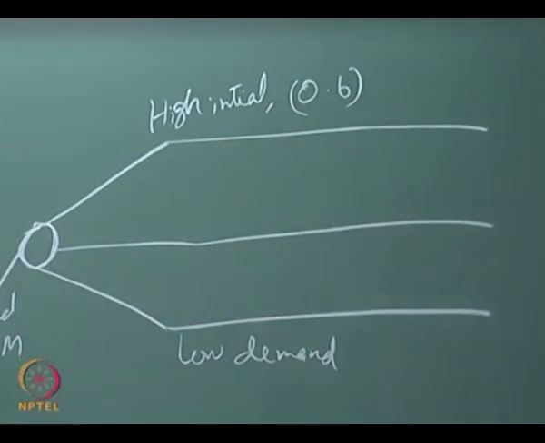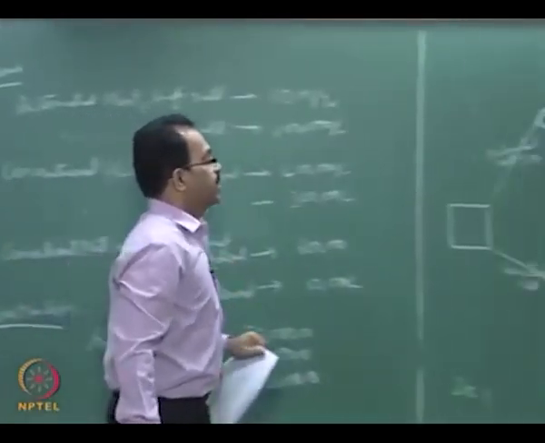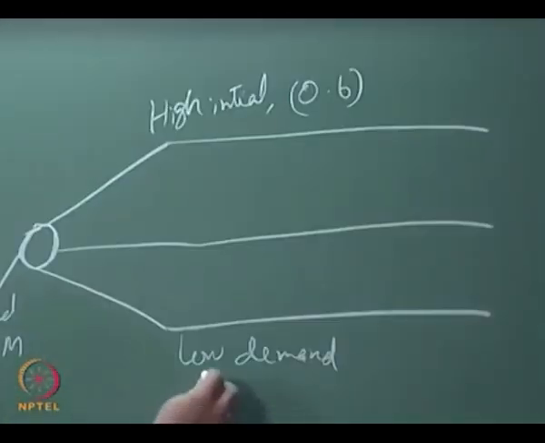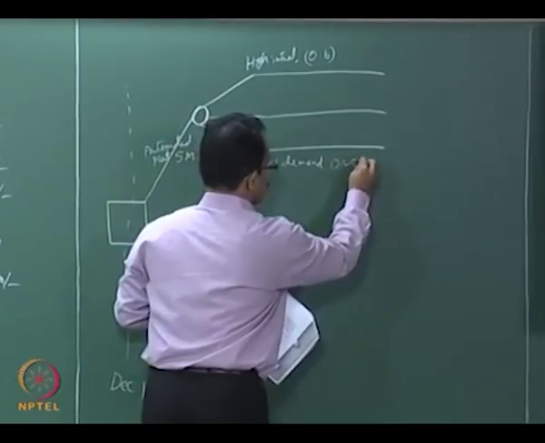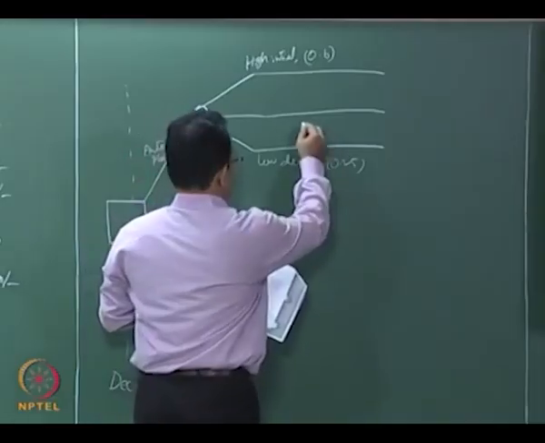So you can get here this initially high, sustained is 0.6. So this is the high initial and sustained is 0.6, and this is low demand, it is 0.25, and this is 0.15,